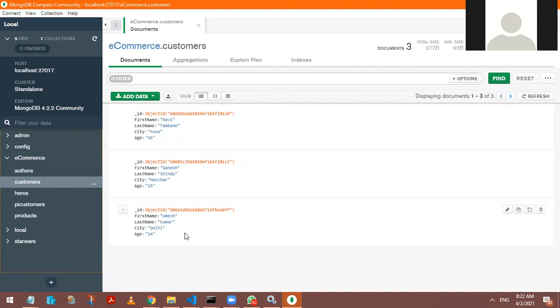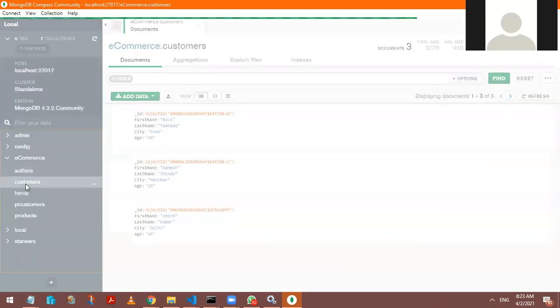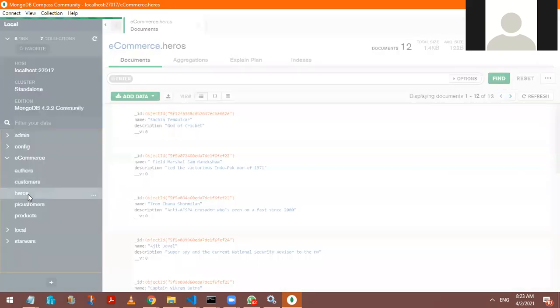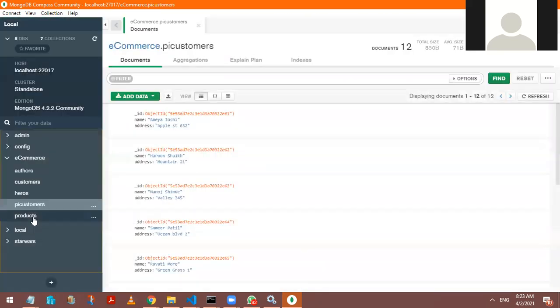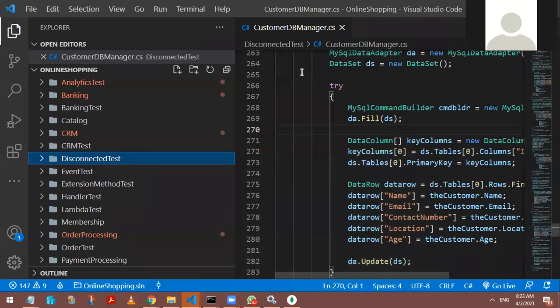In the authors table there are books like Grady Booch's Object-Oriented Analysis, Martin Fowler's book, Clean Code, and Don Box's Inside COM. These are very good authors, so I kept their names here. So I have a number of tables created. From an e-commerce application perspective, we can create these collections under MongoDB, and we will be able to access all of them within our .NET Core application by using the MongoDB driver.